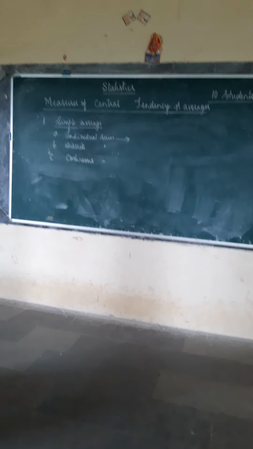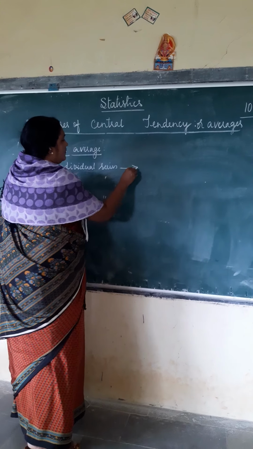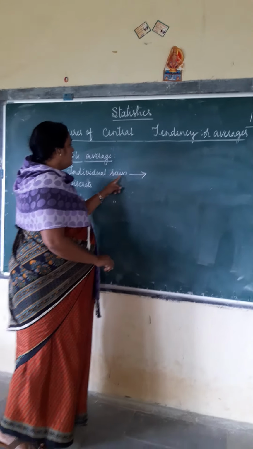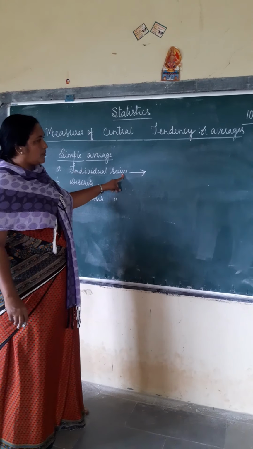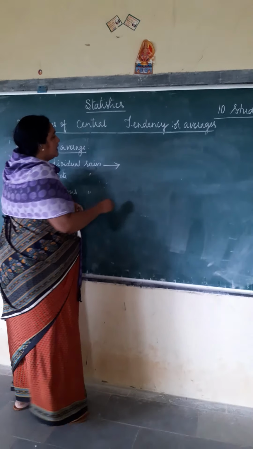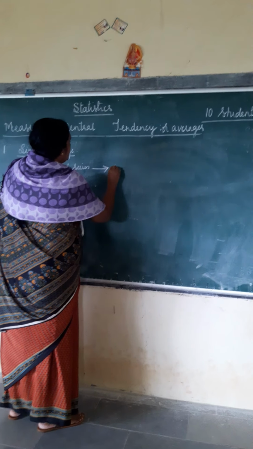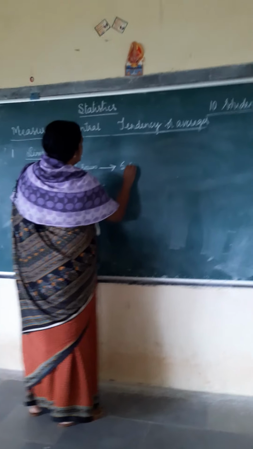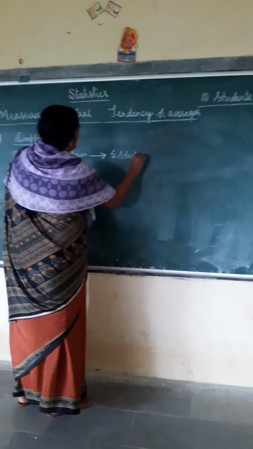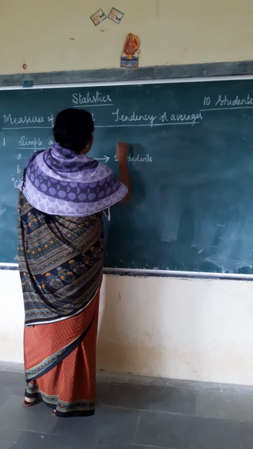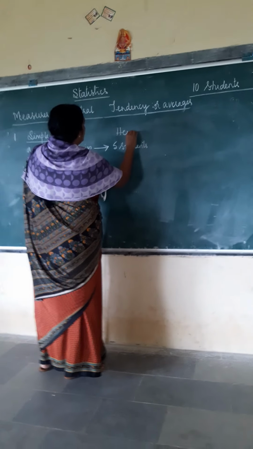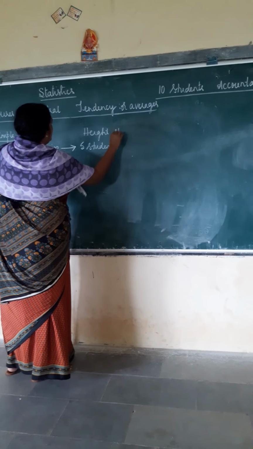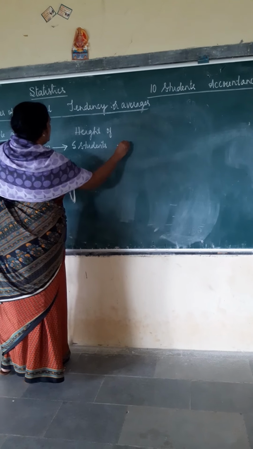Okay. In the individual series, let us consider a small problem. Let us take the height of 5 students in a class. It is like this: